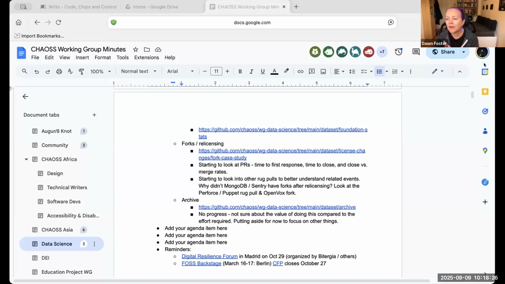And some of them, the maintainer just loses interest. He's like, yeah, I'm not going to work on this anymore, and just archives it. So there are a whole bunch of different reasons that they were archived and they have very different characteristics. I think we would probably need to start over and think more about what value we're going to get out of that research, and then come up with a better research design. Because I don't think the path we're on right now is going to be great.